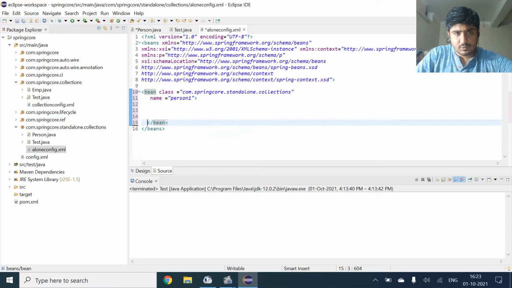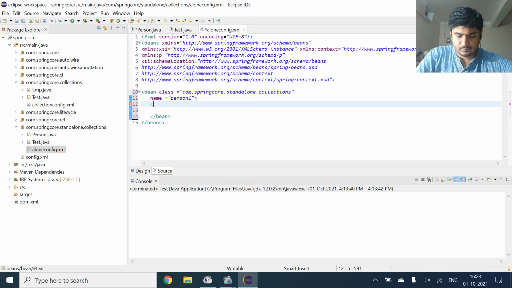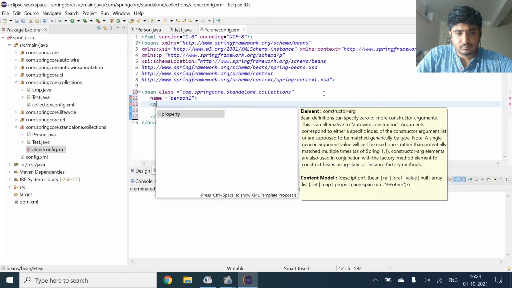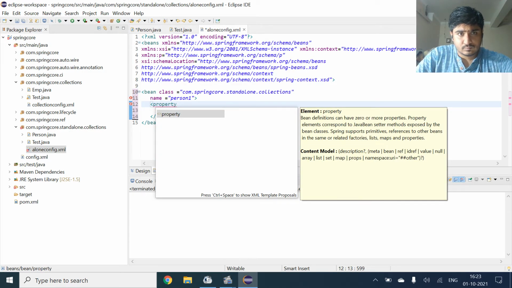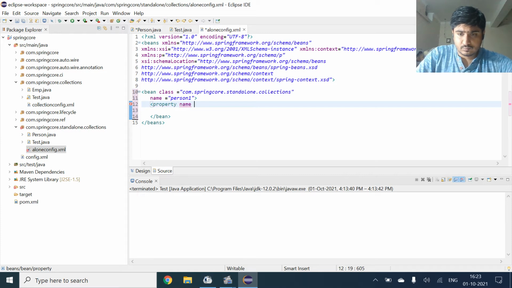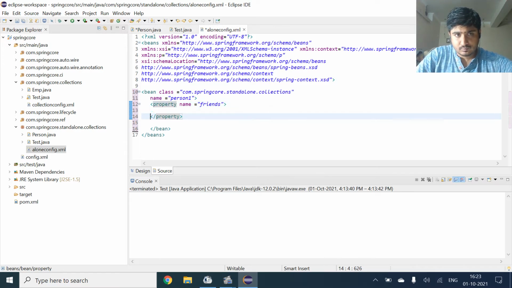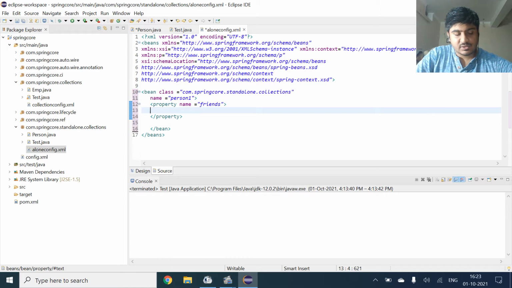So we will just try to insert a property in this now. So what if we want to insert some list in friends?